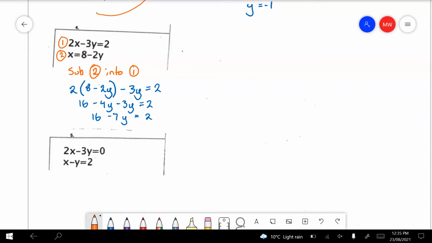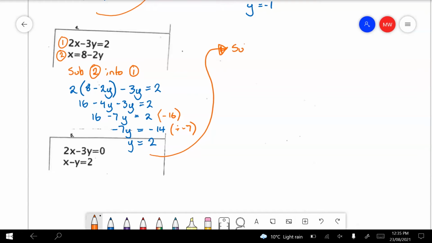Balance method. Let's take 16 from both sides. And minus 7y will be minus 14. Let's divide by negative 7 on both sides. And y will be 2. Now that we know that,